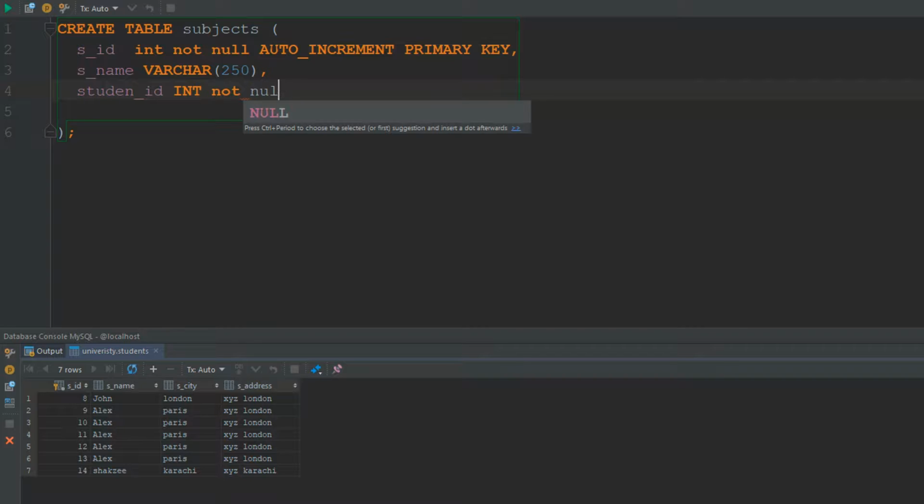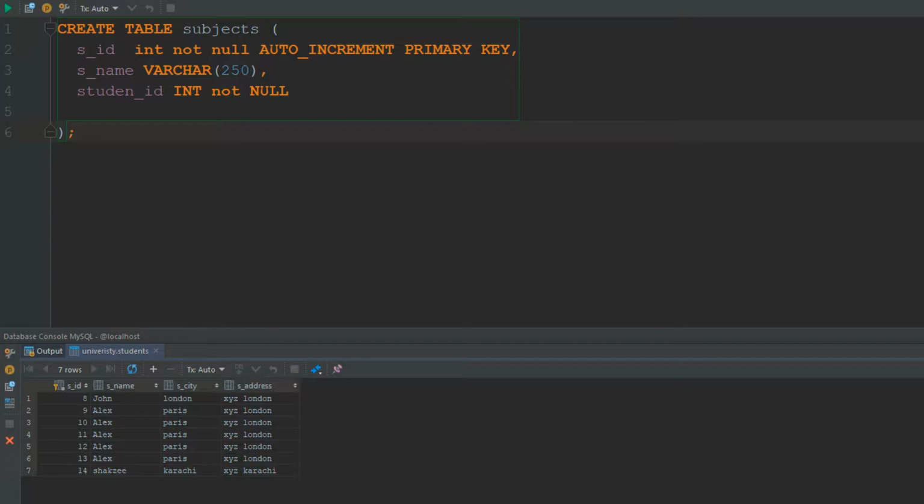Make sure every time you have to provide this value while adding any row. So this is SID, S name, and student ID. I think this is enough. Now control enter. You have successfully created the